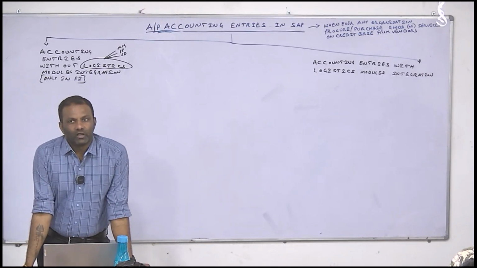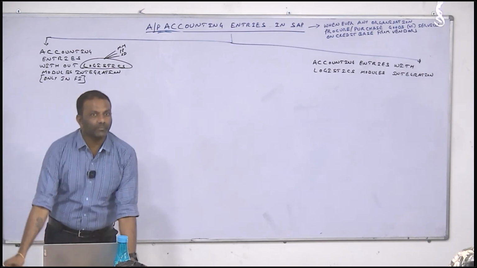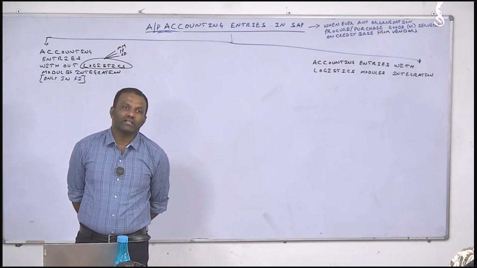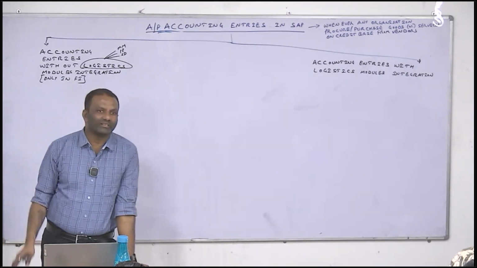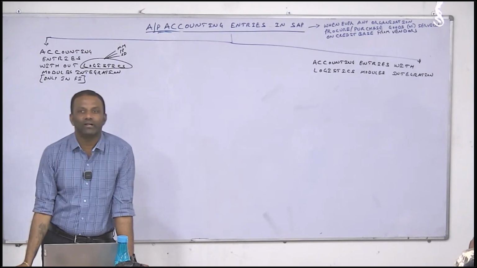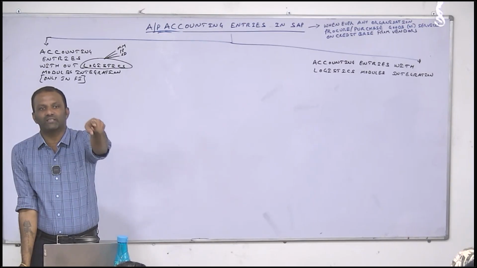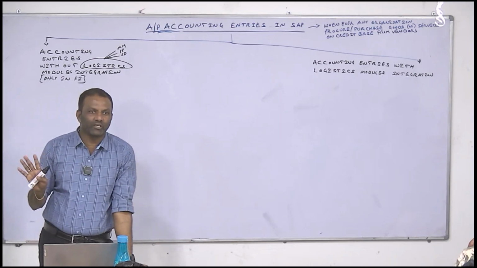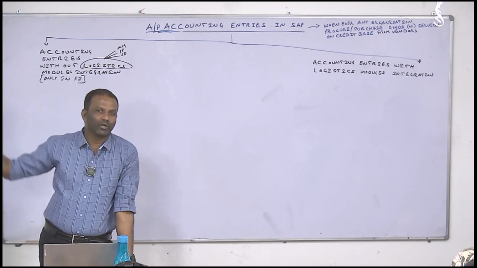For example, an organization pays salaries to employees, right or wrong? Who are employees? Organizations treat employees as vendors in their books. From the HR point of view, you are an employee, but from the finance point of view, you are a vendor, an internal vendor. You are giving service to the organization, and the organization is paying an amount to you. From the finance point of view, you are not an employee, you are a vendor. From the HR point of view, you are an employee. You should remember that.